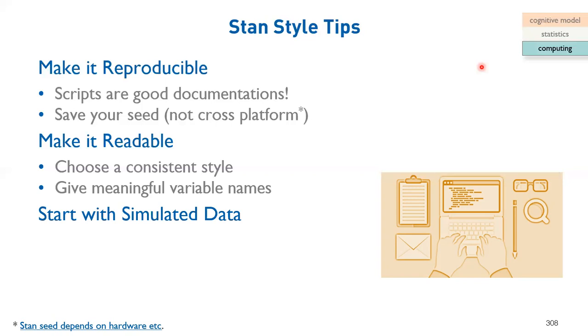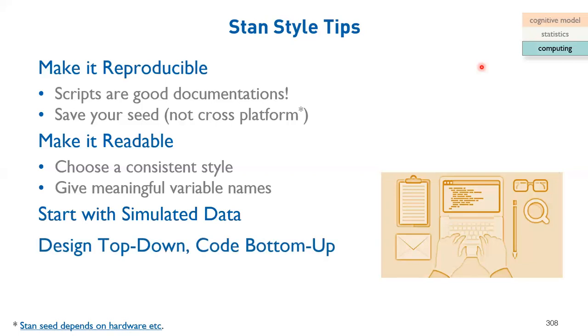We could select arbitrarily a learning rate, for instance, and then we could simulate choice data. And then when we have the choice data, we could fit the model to the simulated data and see if everything is working well. And this can be done even before you start your data collection, to make very sure that everything works, and then you can go ahead and start your actual data